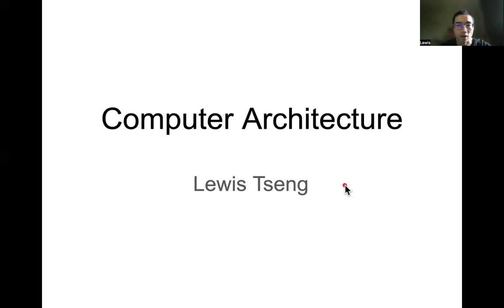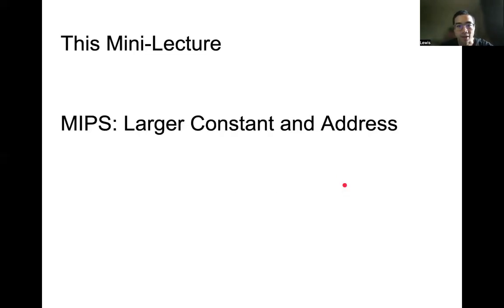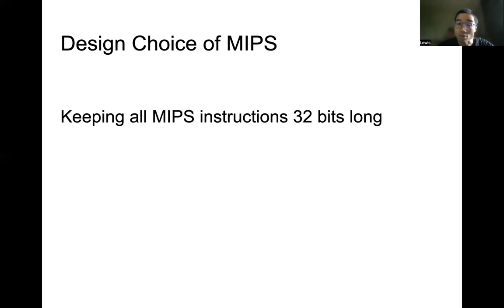Welcome to Computer Architecture. In this mini lecture, we are going to talk about how we can deal with large constants, especially when dealing with memory addresses in MIPS. The first thing to remind you is that when we make a good design, it requires good trade-offs, good compromises. And one of the design choices by MIPS is to enforce all instructions to be 32 bits